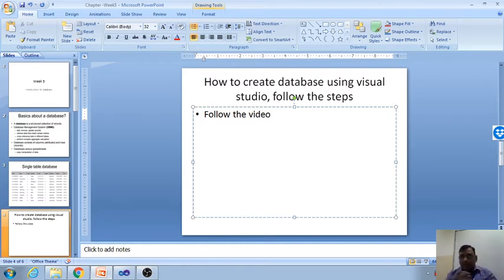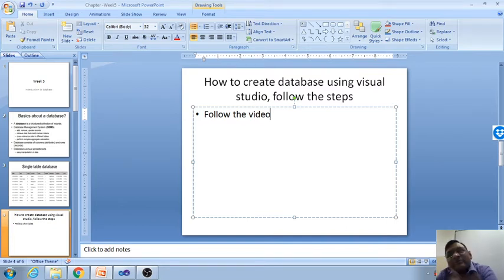So remember, here in our ASP.NET we will study about SQL Server database. We have a lot of databases available: SQL Server, Oracle, Microsoft Access, MySQL.